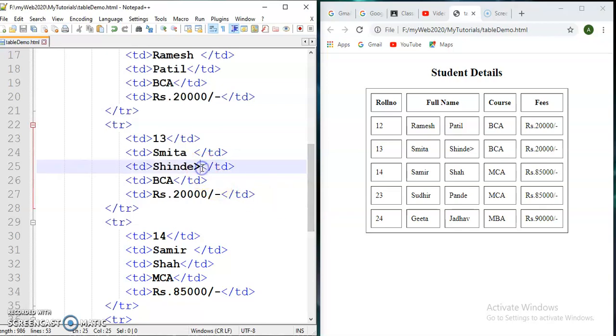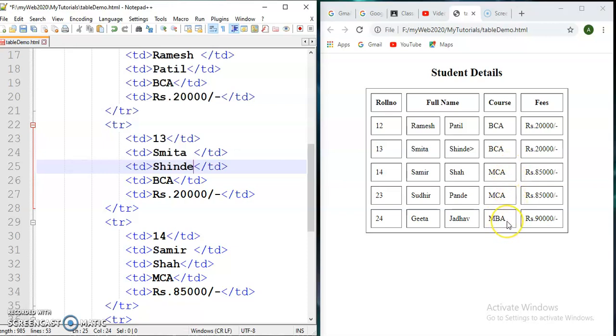Then we see how rows we can merge. As you see here, this is the BCA, here MCA. In this example we merge these two rows and these two rows.